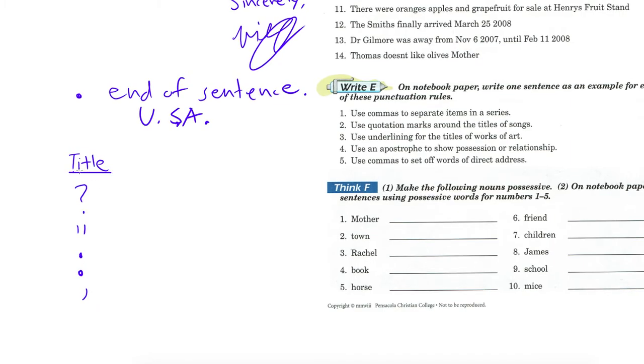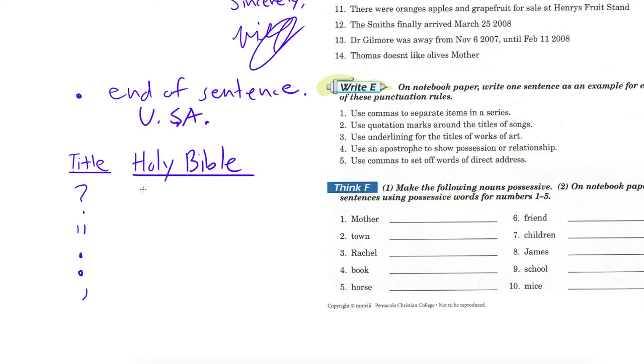All right, so yeah, periods at the end of a sentence or at the end of abbreviations. All right, titles. You have to underline the title. You would underline names of books, newspapers, and magazines. All right, but for the bigger works, for example, the Holy Bible, you would underline that, or you would underline maybe